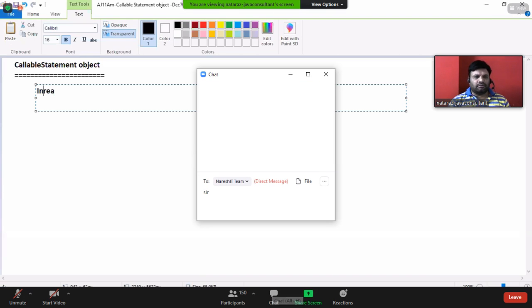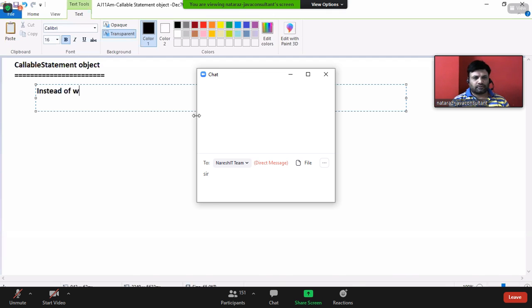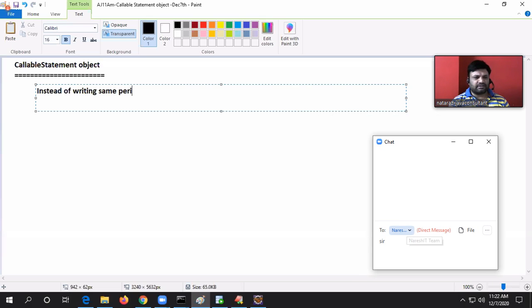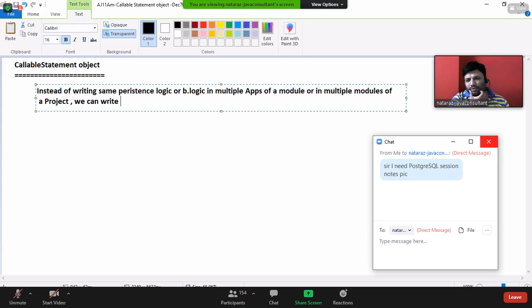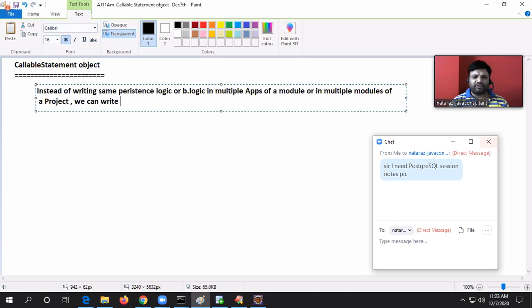Instead of writing the same persistence logic or business logic in multiple applications of a module or in multiple modules of a project, we can write